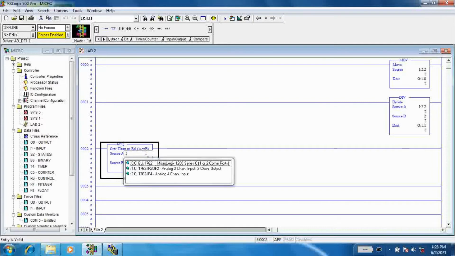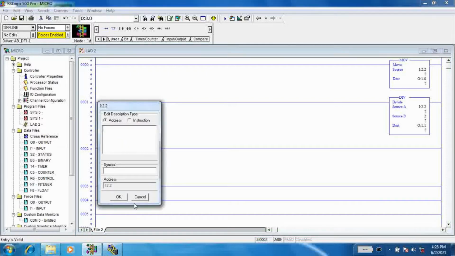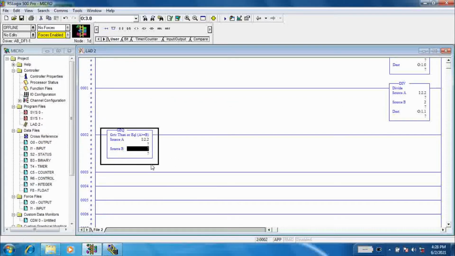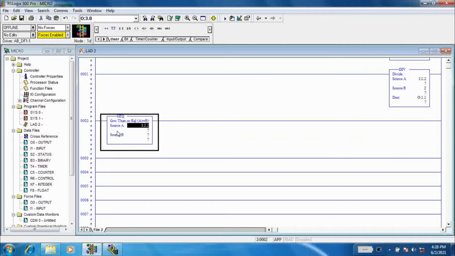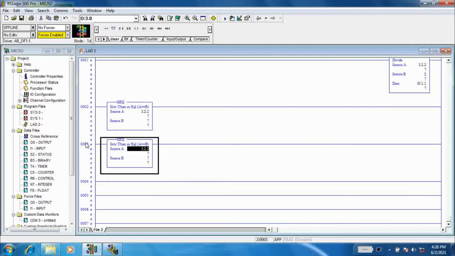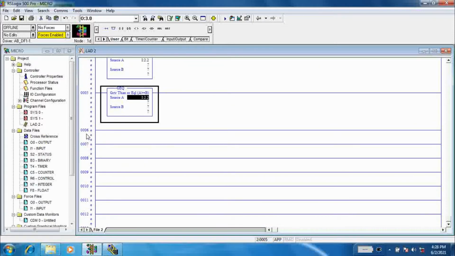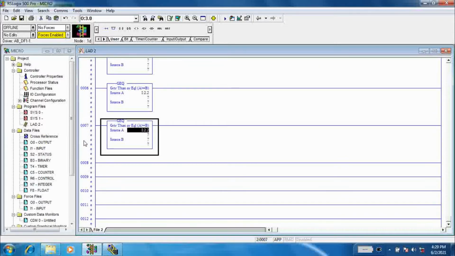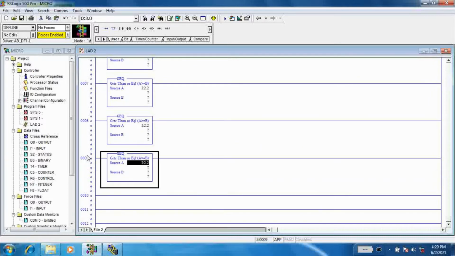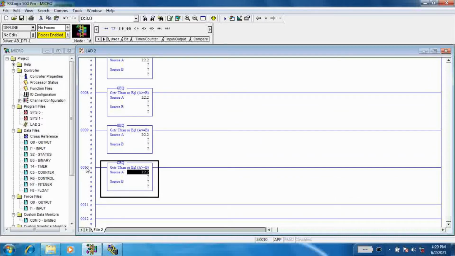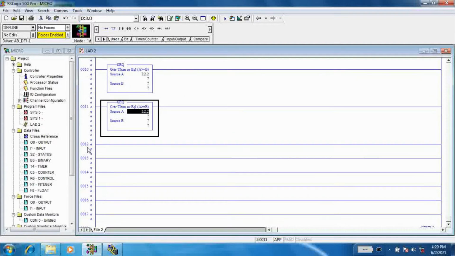Now add the greater than or equal to function, and assign input 2.2 at source A. Now copy this function and paste it in all the available rungs.